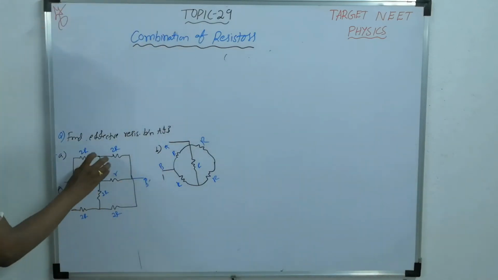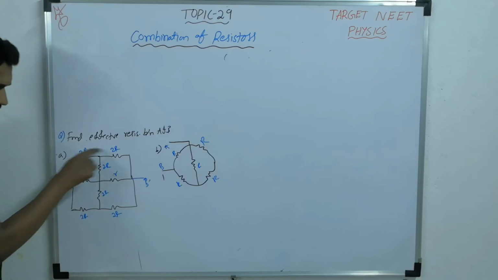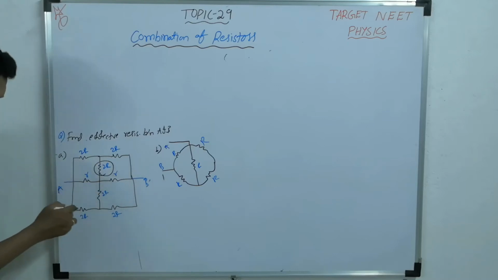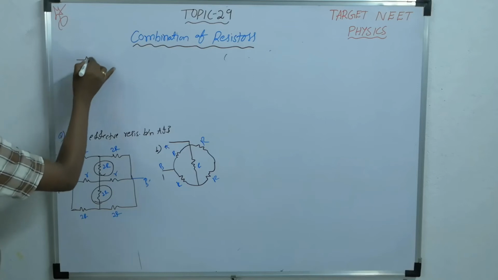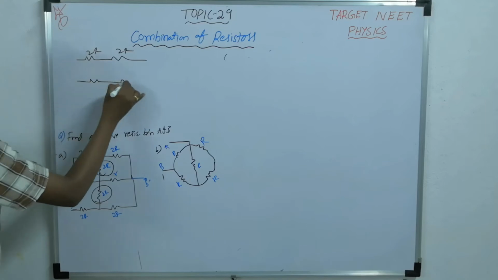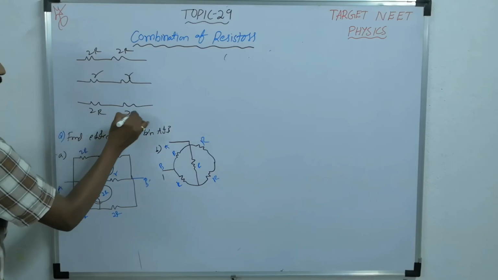Now if you take this combination first, 1, 2, 3, 4, 5, this is like a Wheatstone bridge. Then you can remove this because R1 by R2 equals R3 by R4. Similarly, you take these 5 combination, this by this equals this by this, you can remove this also. Then the equivalent circuit will become 2R, 2R here, and R, R here, and 2R, 2R here.